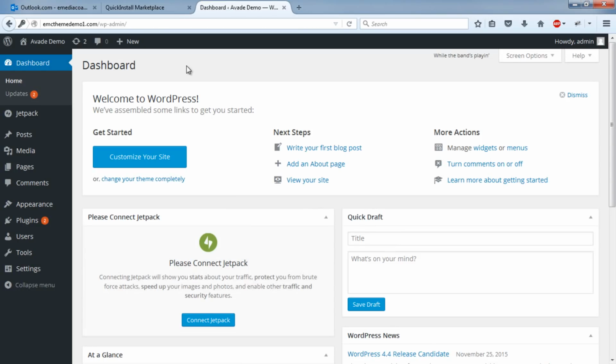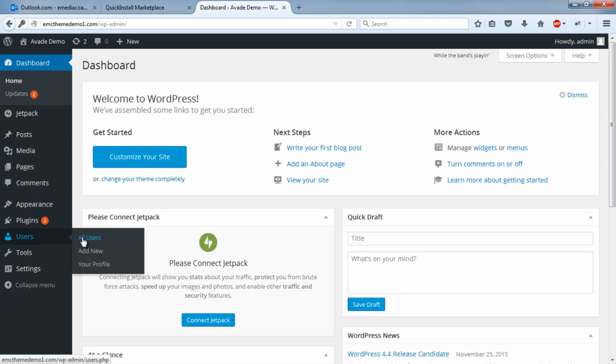So, welcome to your WordPress dashboard. This is the admin control panel to manage everything on your WordPress website. Now, the first thing that I recommend you to do is to change the password for your login. Just keep note of the URL, your website /wp-admin. Now, every time you get to that login page, you'll be prompted with that admin username and password.